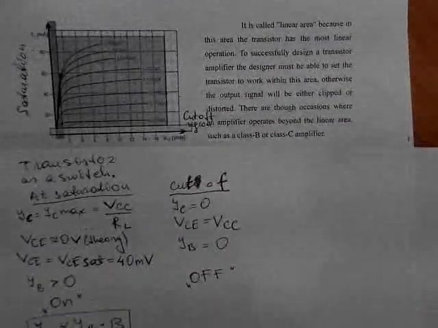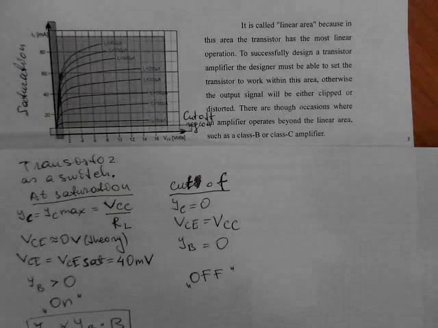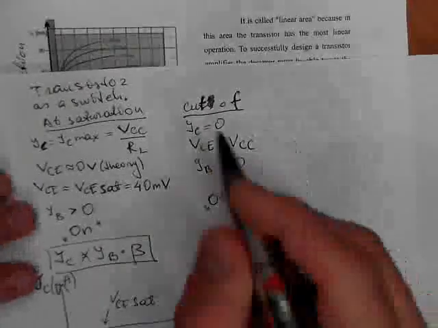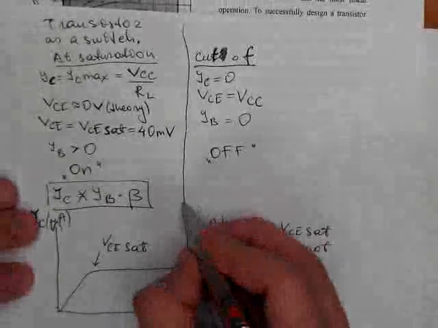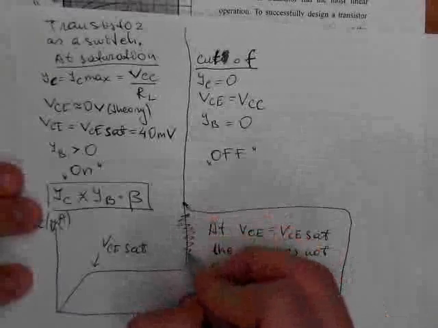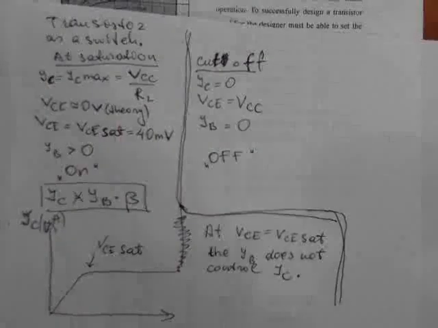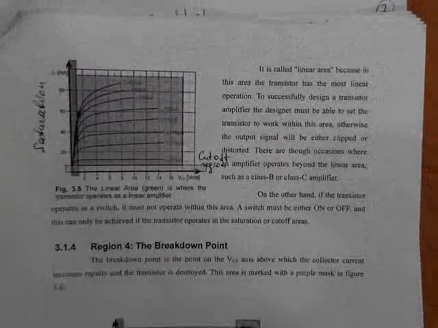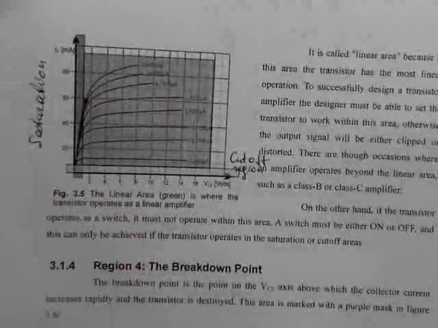Where you can see the transistor used as a switch. In one case it's operating fully on. In one case it's operating fully off. So these are the situations. This we don't need. So these are two cases: cutoff region and saturation region. You can also take a closer look at this. I will try to zoom a bit. If you want to look at this picture,